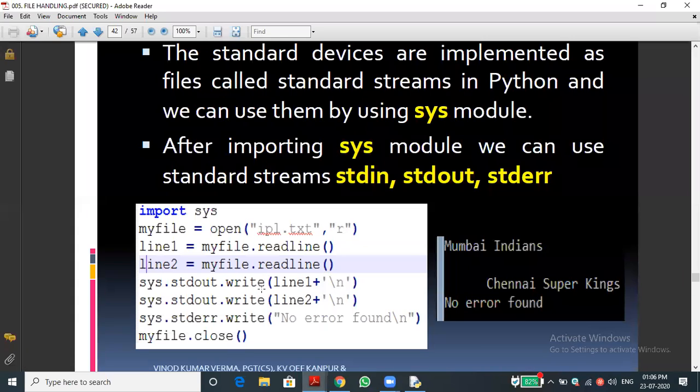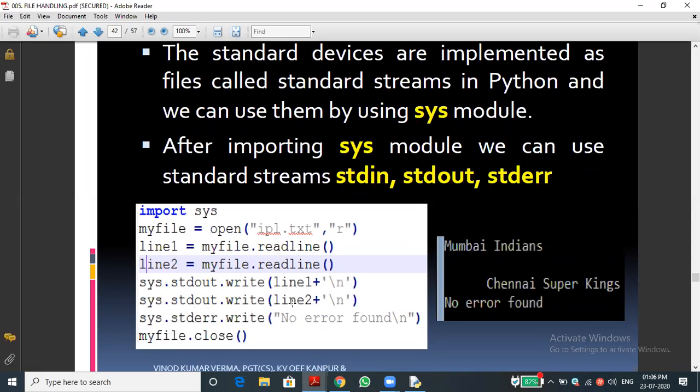We used this in the last two decades; nowadays we are not using these console things. Console means basic terminal purpose. So sys.stdout.write on line 1 means it gets printed. Then we ask to print line 2 with the slash, that is the next line.